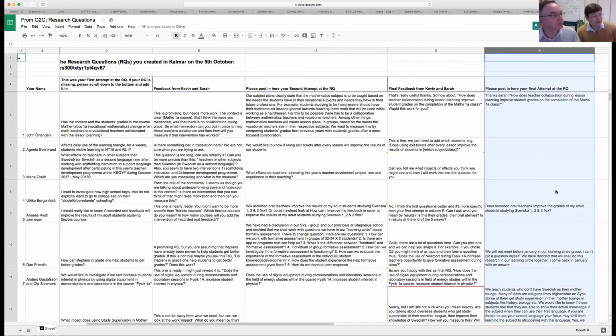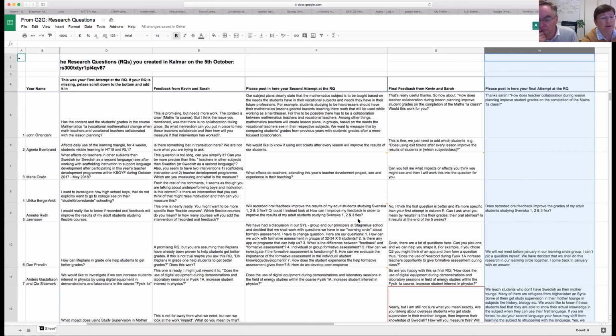But the big thing from our point of view is that you really need to get this research question finalised in the next week or so, because unless that's finalised, you can't really move on to the data collection. And in order to help you with the data collection, which we're going to talk about in the second part of this Zoom meeting today, we've created for every one of you a portfolio.